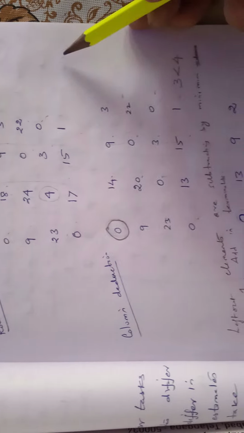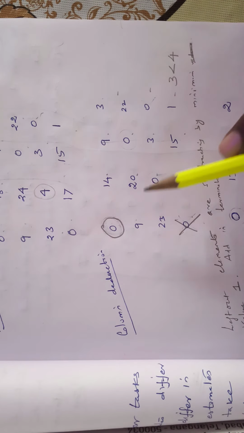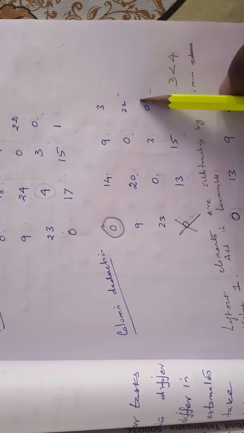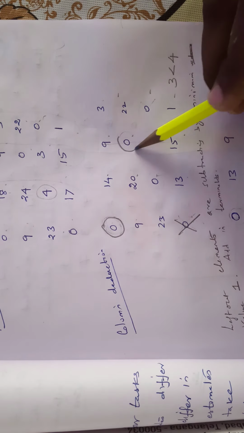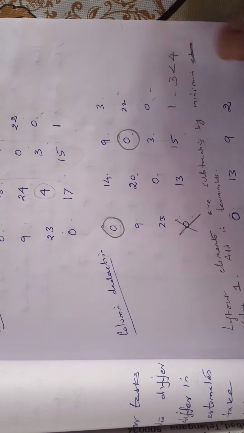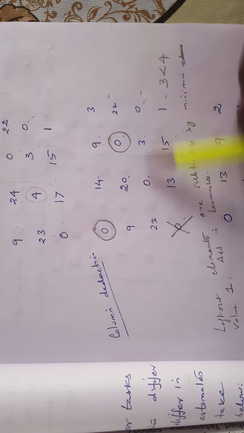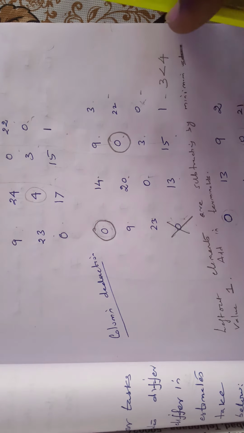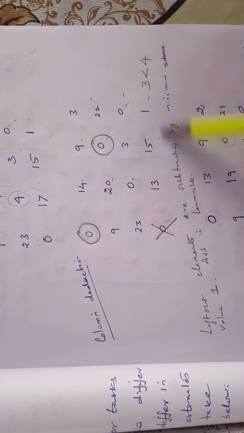So we cross out the corresponding column zero. Again we concentrate on the second row, only one 0, no problem. So we select this 0. In this column no other 0 elements are there. Again we go to the third row, 2 zeros; leave it, do not take 2 zeros. And the fourth row is already covered, so no problem.